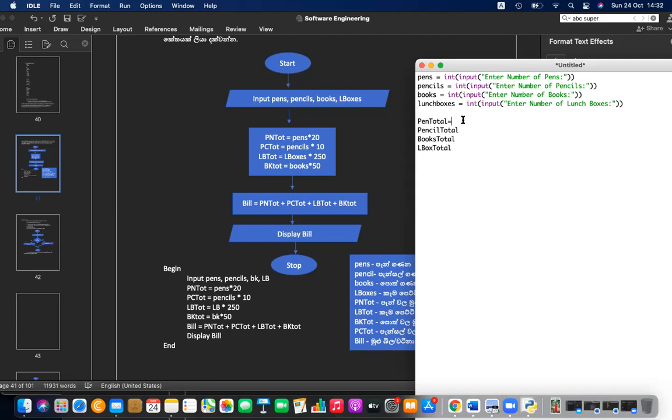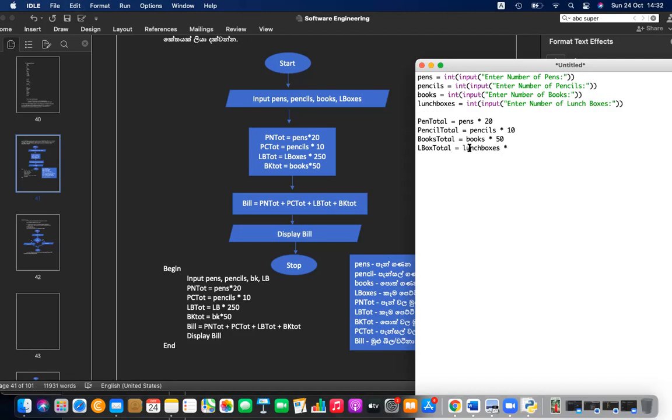Pens total equal pens into 20 because one pen costs you 20 rupees. Pencil total equal pencils into 10 because one pencil costs you 10 rupees. Books total will be books into 50 because one costs you 50, and lunchbox total equal lunchboxes into 250